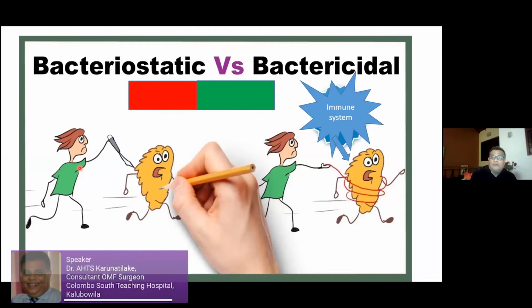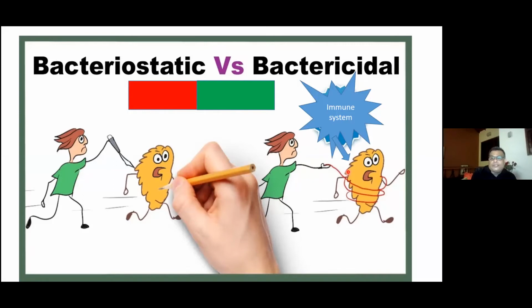Effective way of killing the microorganisms. Whereas in bacteriostatic medications, they actually stop growth and replication of bacteria. These antibiotics hold on antibiotics. So you really need your immune system to come and kill the microorganisms. So a properly functioning immune system is really necessary when you use bacteriostatic medications.